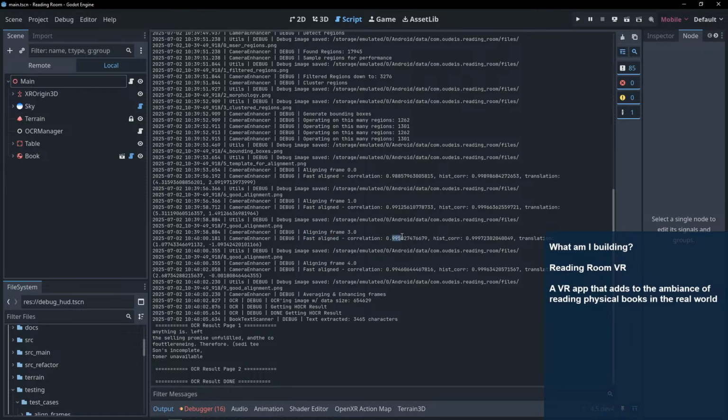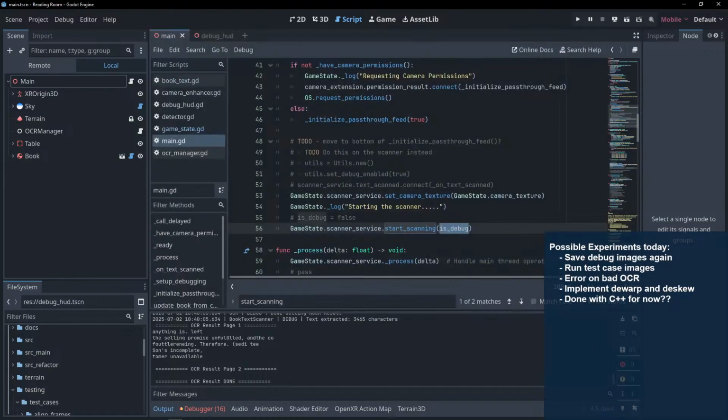And then because they're fast aligning, they may even be the exact, actually, correlation is 99.5. I wonder then if that means that literally the images are identical, or maybe they're a frame off. And that could be,